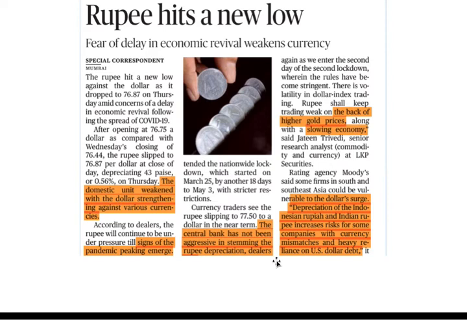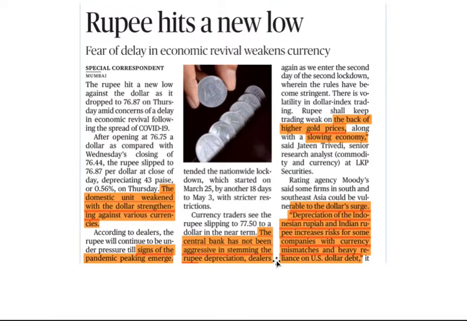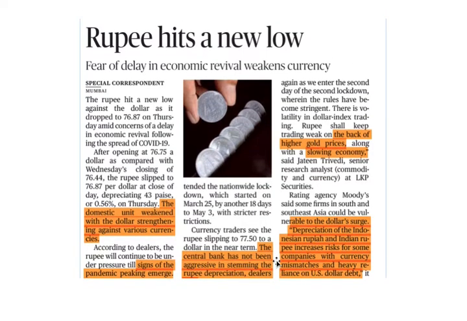Now, when I talk about this news, Rupee hits a new low. This can be important from the perspective of currency depreciation. The rupee is depreciating because of certain reasons. Yes, one reason is the strengthening of the dollar. Second reason is the peaking of the pandemic curve. The next reason can be